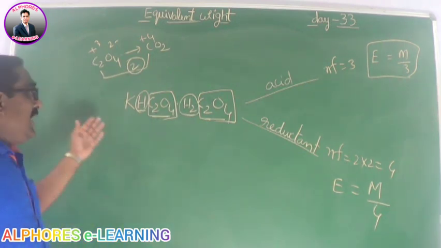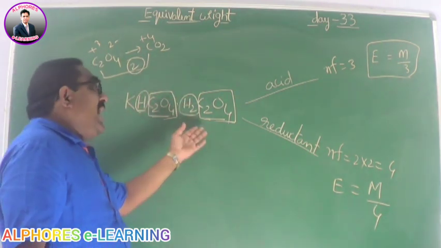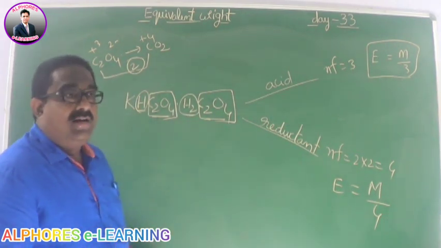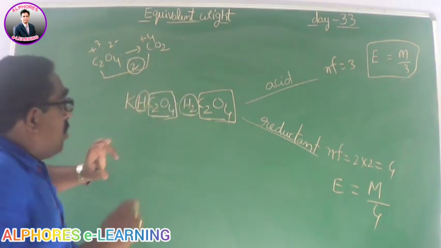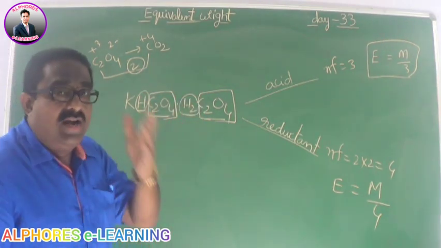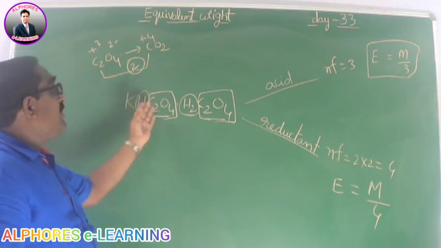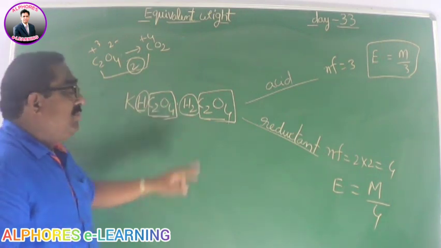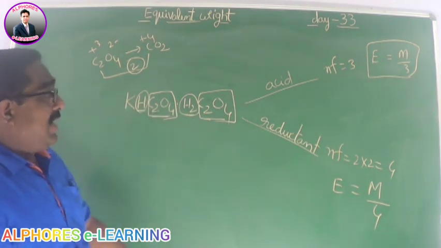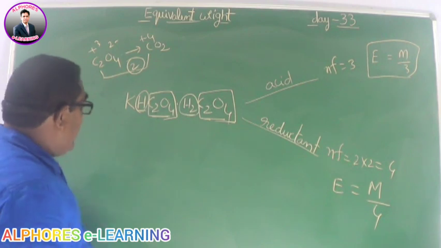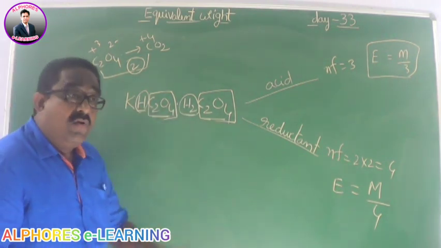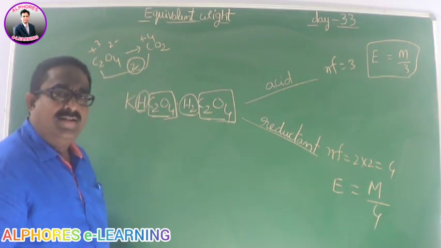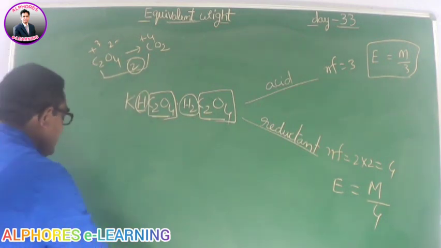See, the same substance can act as an acid and can also act as a reducing agent, and based on the role of that substance, we can decide its N factor. If its role is an acid, its N factor is no doubt 3, the neutralizable hydrogens. If its role is reductant or reducing agent, then you can fix the N factor as 4. Please note this down, students, very important for advanced level. Then I will go for the next question.